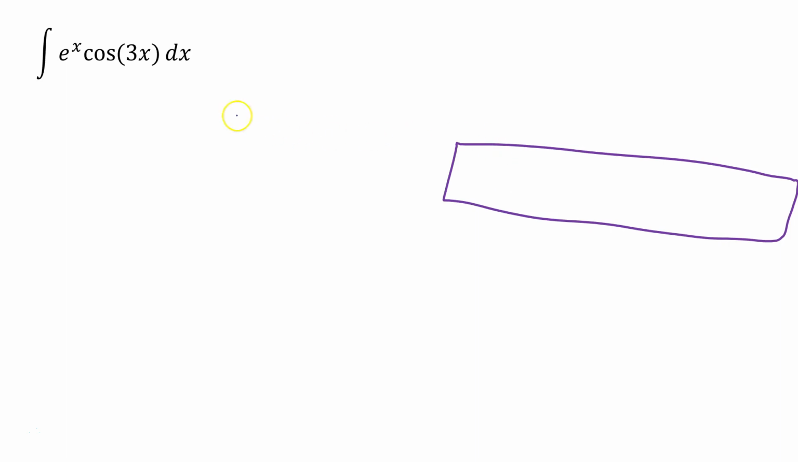Well, let's try it with it there. So we've got e to the x cosine 3x. So this time the cosine 3x is the part that has the number. That's kind of what I wanted to do. So we're going to make u